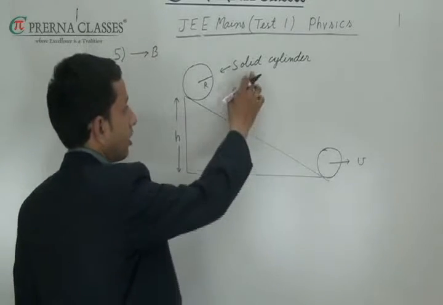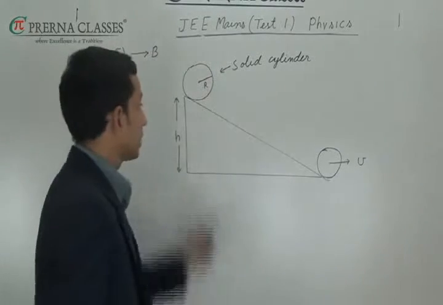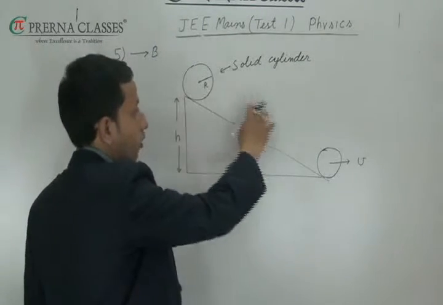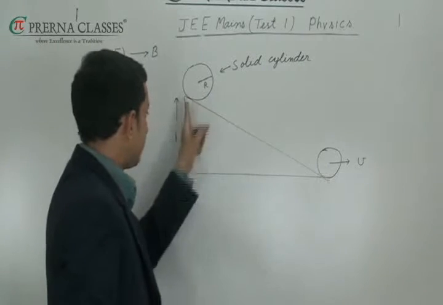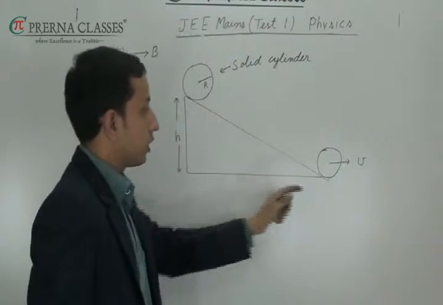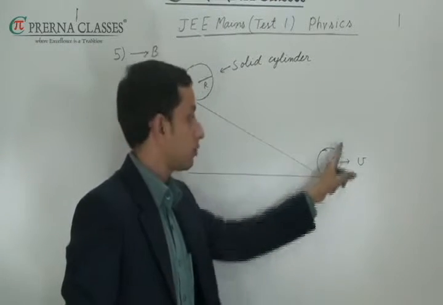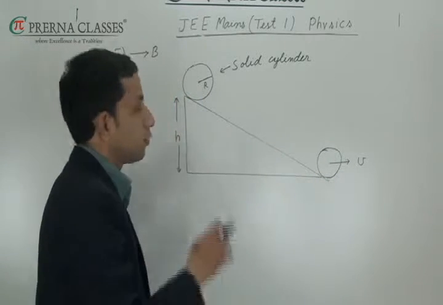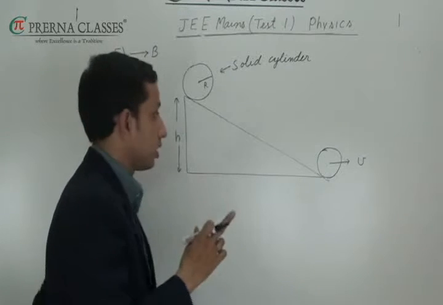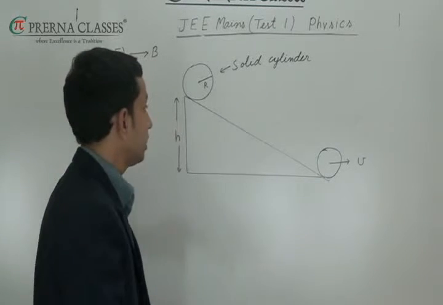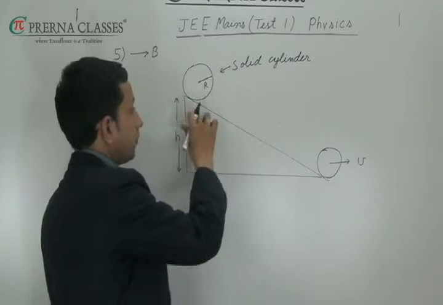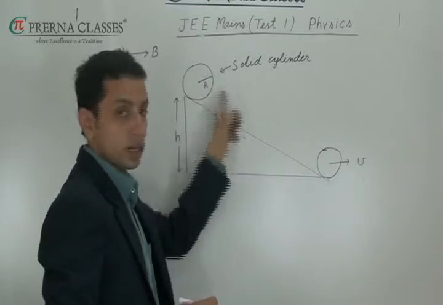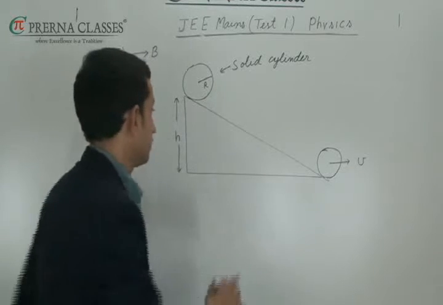In this question we have a solid cylinder of radius r which is on the incline at rest. Now it will roll down, and when it descends by height h, we have to find the linear speed of the center of mass of the solid cylinder. So for this we will use the conservation of energy. Why we will use conservation of energy? Because we have no loss of energy during the whole process. Since it is undergoing pure rolling, there is no loss of energy.